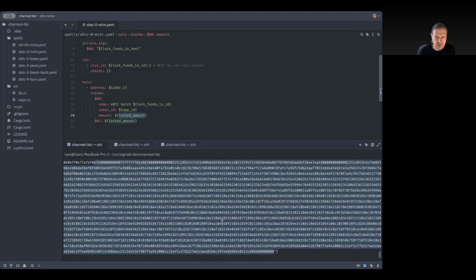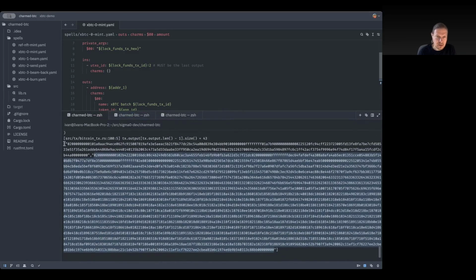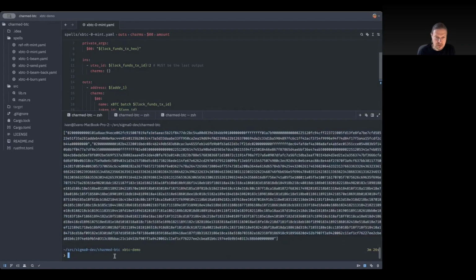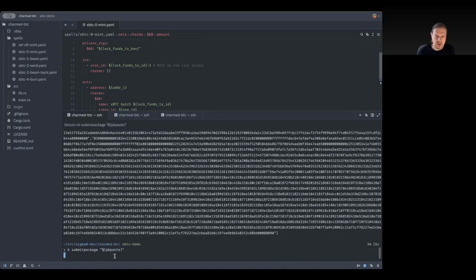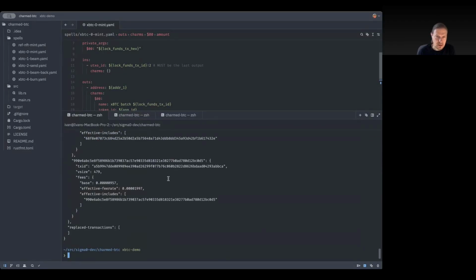Okay, I believe we can go ahead and submit this. So we will copy that and let's do submit package. Okay. So now our transactions have been submitted to